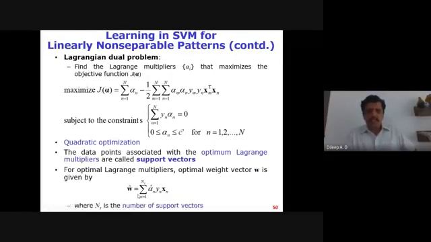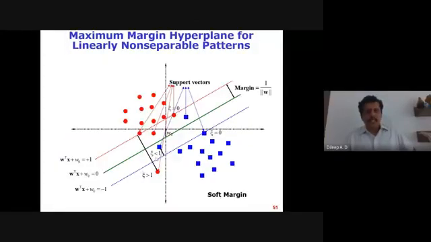Now, if you really look into this, what are the support vectors? They are not only the ones lying on the margin, but also the examples on the wrong side of their respective margin. They also become support vectors. We call this a soft margin, because we are relaxing the condition and allowing a certain error to happen, so that I can maximize my margin and handle the overlapping case as well. That is the idea in this particular case. Is that clear to all of you?